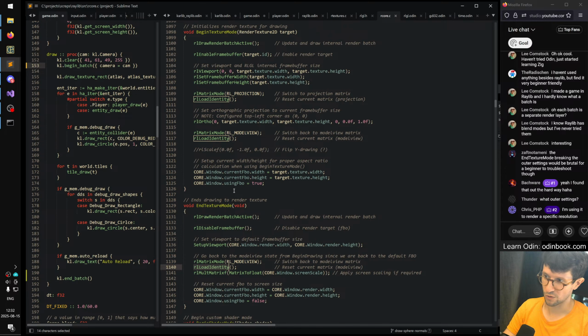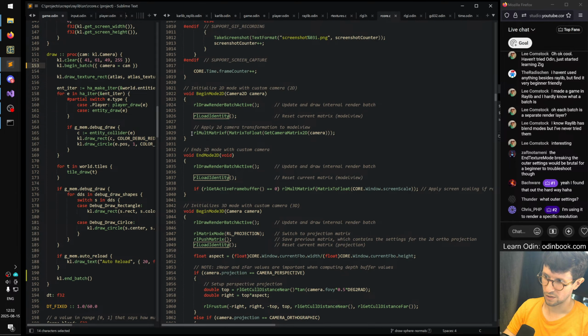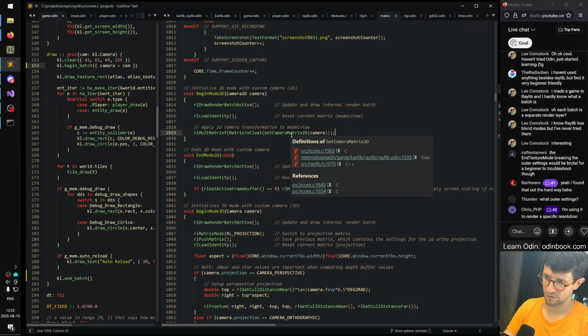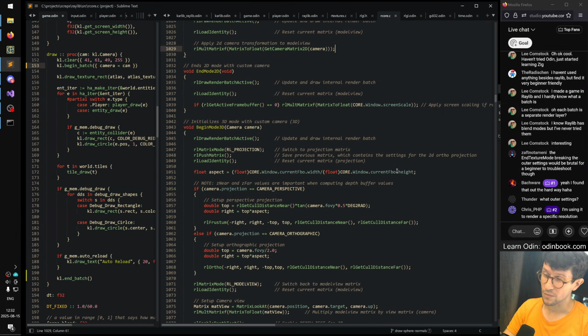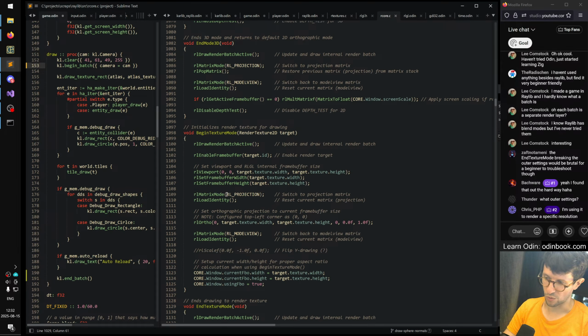So if you use begin mode 2D up here, it applies a camera transform to your matrix, and then if you're using that camera, you hop into a texture mode, right? So you do begin texture mode. Yeah, look, it even destroys your